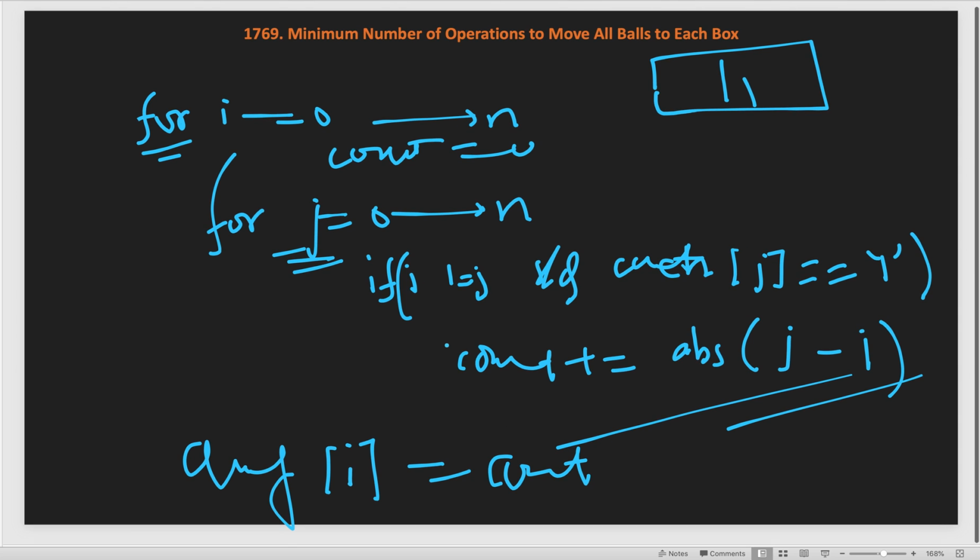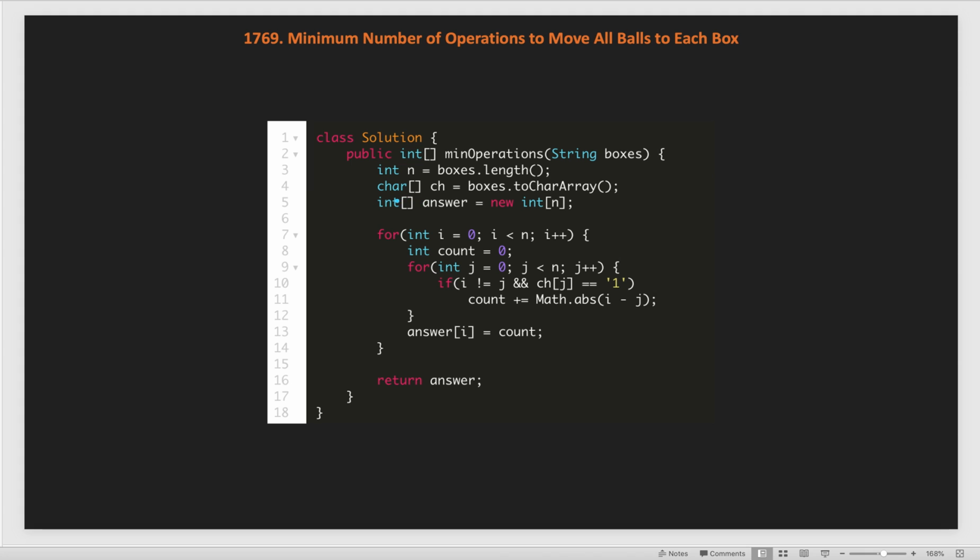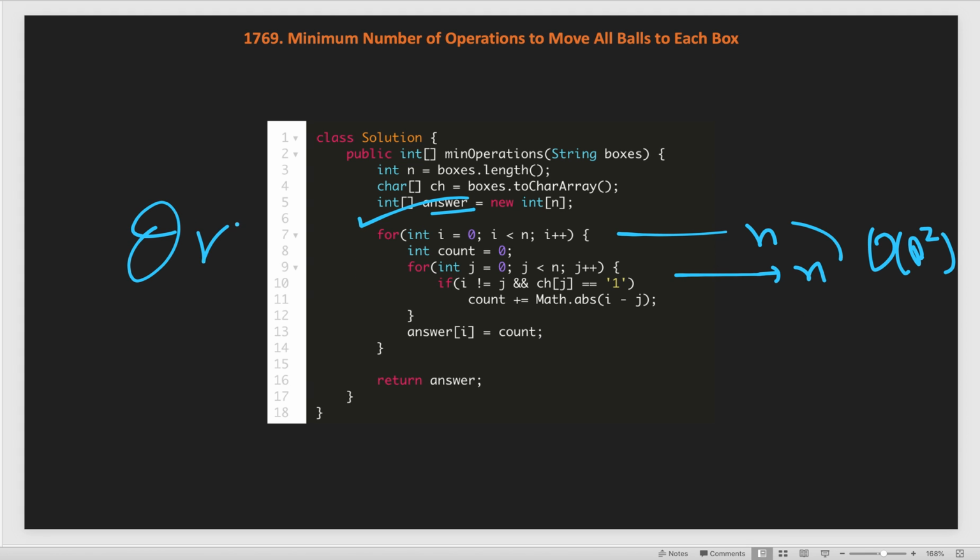So, here is the code for the naive approach. What I explained. Now if you see the time complexity of this solution, as this loop will run O of n time and similarly this loop nestedly runs O of n time, hence this will multiply. So, the overall time complexity of this solution is O of n square, and space complexity, as the answer we are creating, is O of n.